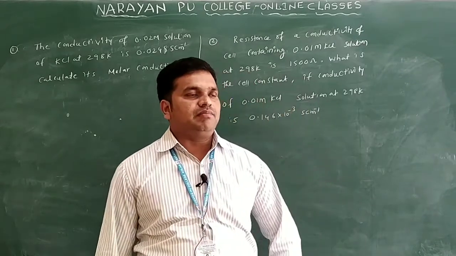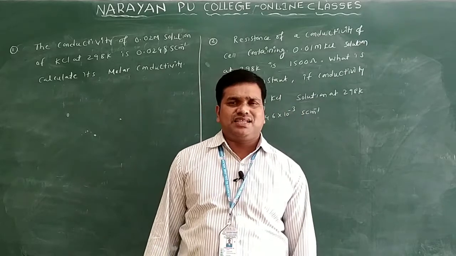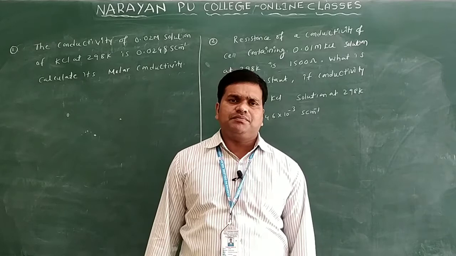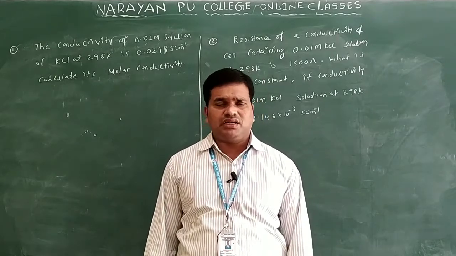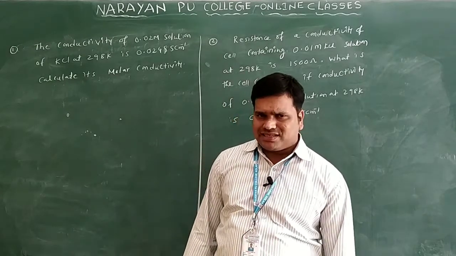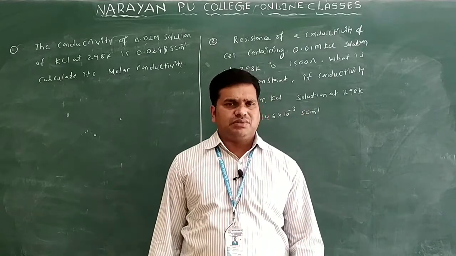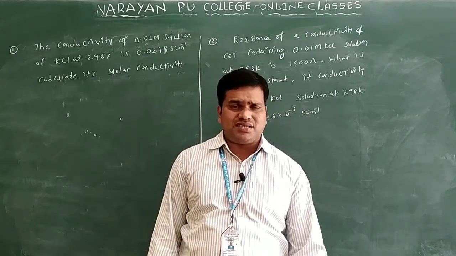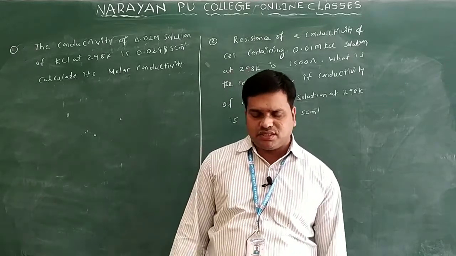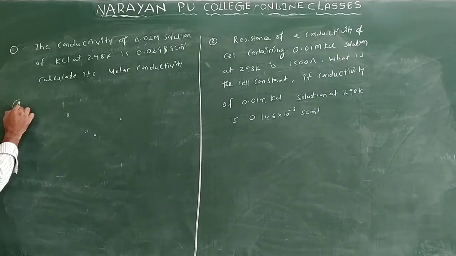In the previous episode, we completed the basic terminologies used in electrochemistry: resistance, specific conductivity, molar conductivity, equivalent conductivity, and the variation of conductance for strong and weak electrolytes upon dilution. Let us see some problems related to conductance, cell constant, resistance, conductivity and so on. We can discuss some problems and then go for the next concept. See the first question on the board here.